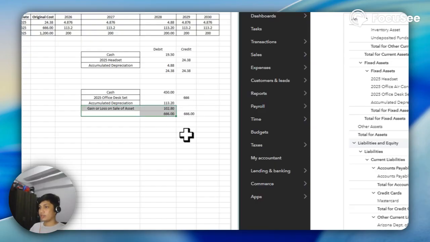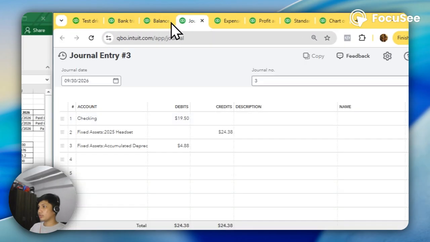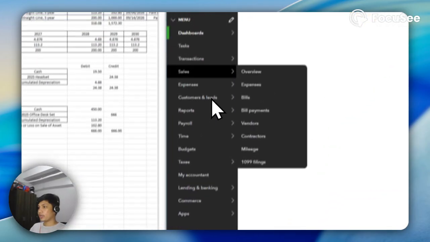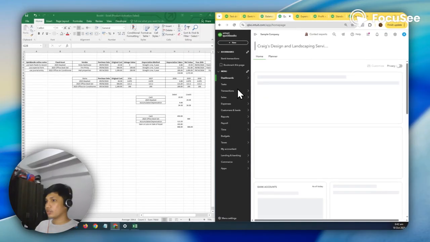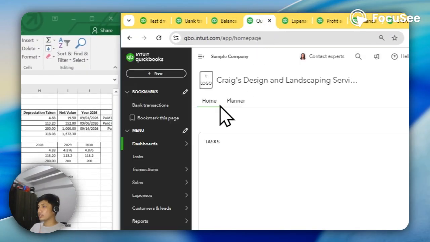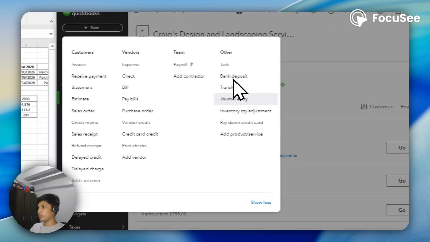I have to add another account in the chart of accounts. Sorry, I can add it directly using the journal entry. I'll show how to do that.